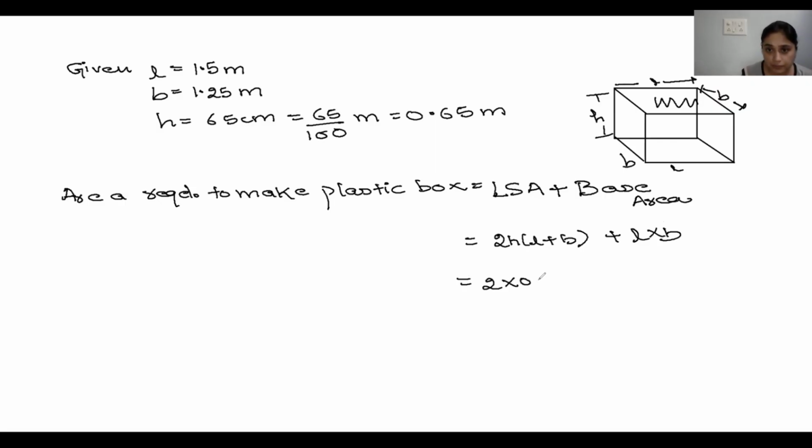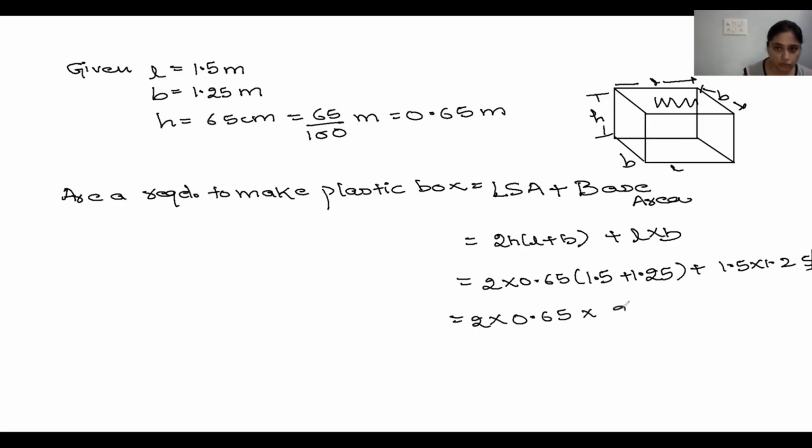So 2 into H. What is H? 0.65. What is L plus B, bacha? That is 1.5 plus 1.25 and L into B is 1.5 into 1.25. ठीक है बच्चा? So अगर मैं इन दोनों को ऐड करती हूँ तो this is 2 into 0.65 into 2.75 plus, on multiplying these two we will get